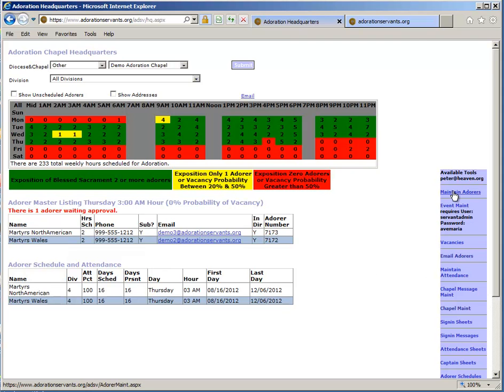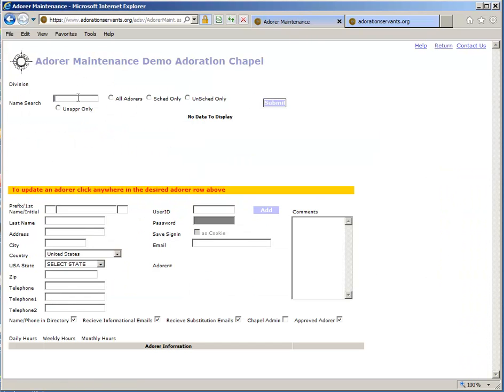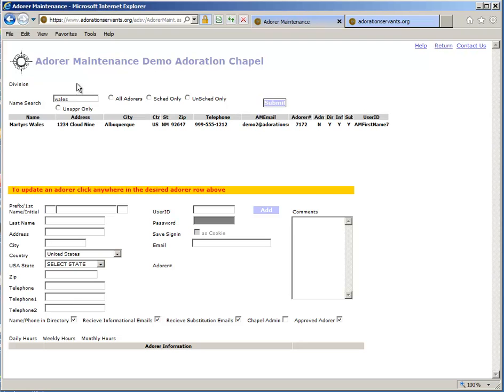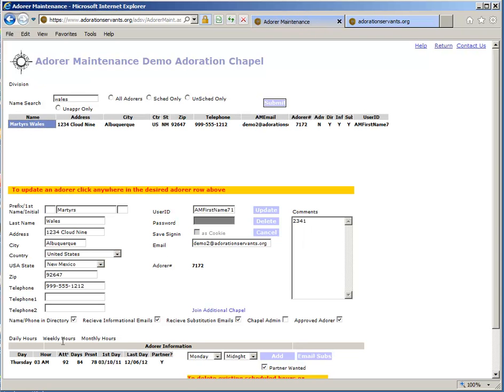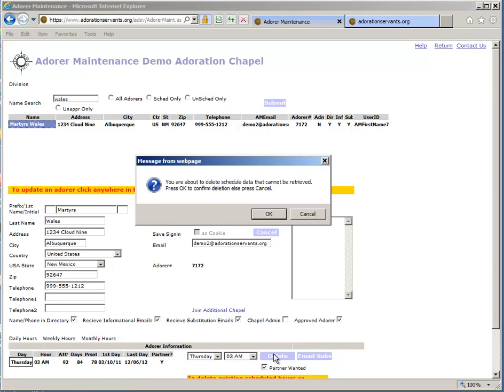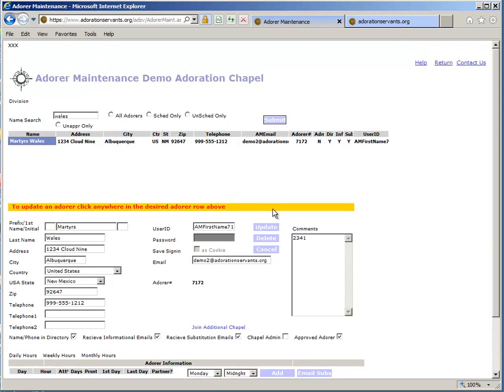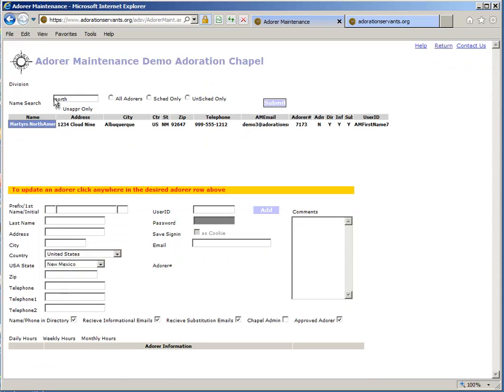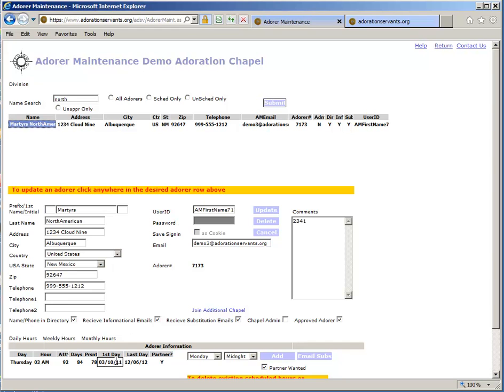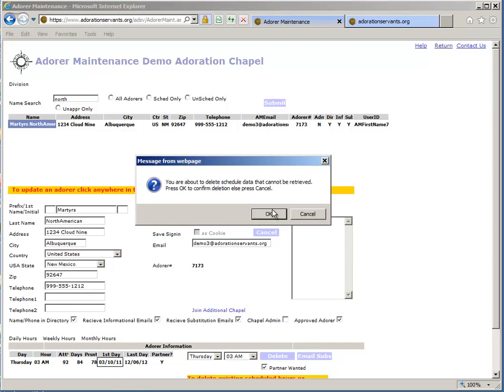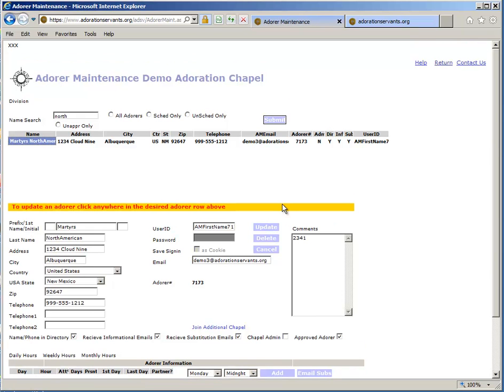So in the Maintain Adorers, if I come over here and I search on Wales, for example, here's the Martyrs of Wales, and you see they're at Thursday, 3 a.m. If I click on this and delete, I'm now going to take them off the schedule. And then I'm also going to do North America, the Martyrs of North America, and I'm going to take them off the schedule. Delete them. Okay, so now